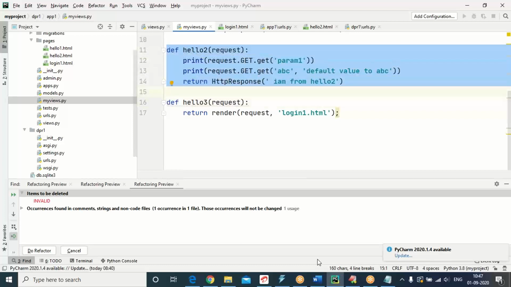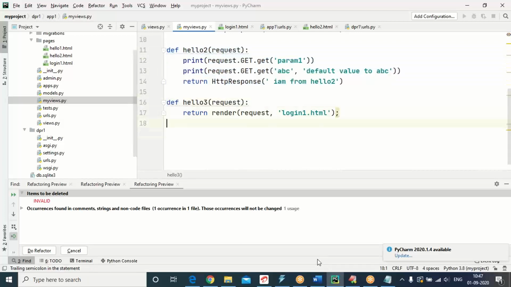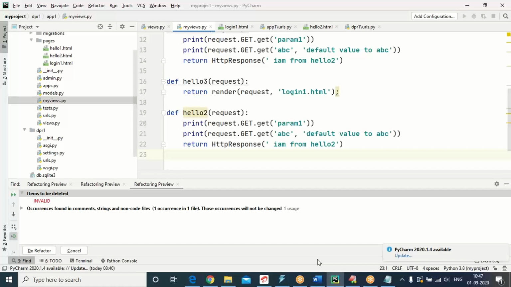Let me copy hello2. Go for hello4. Inside hello4, let me read username. Username is a field name. Go for hello4.